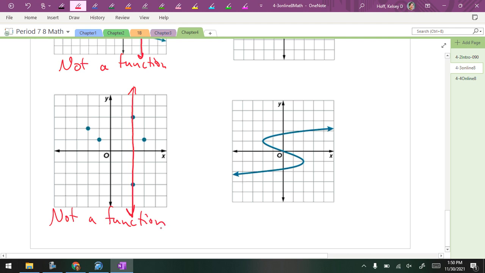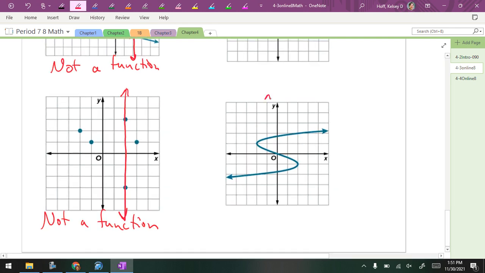Gabby? Bottom right. I'm holding out for you. Don't tell her. Okay. It's not a function. Why? It loops. Draw a vertical line where? Anywhere that it's going to touch more than once. Okay, Gabby, so like if you draw a vertical line, it